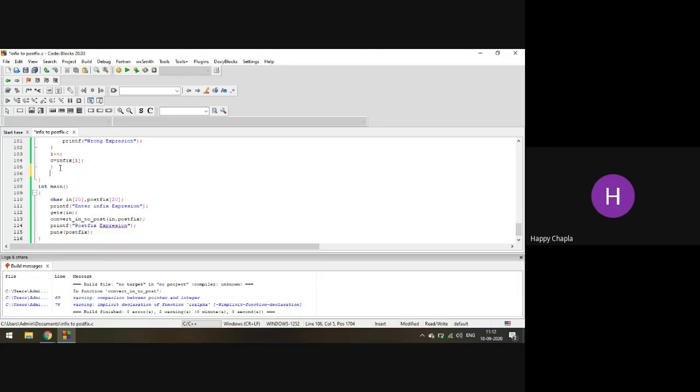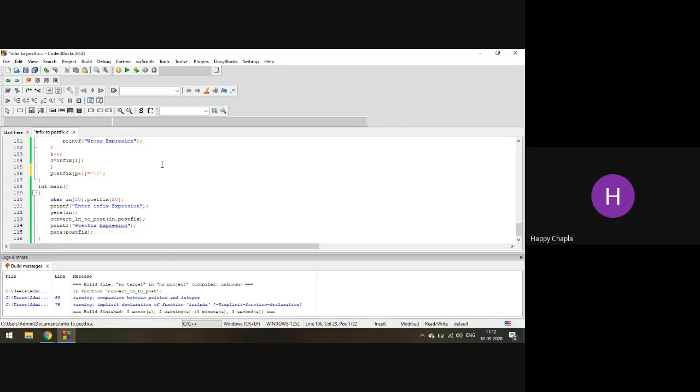Now write down postfix in square bracket, p plus 1 is equal to null sign, single quotation, backslash, 0, and semicolon.